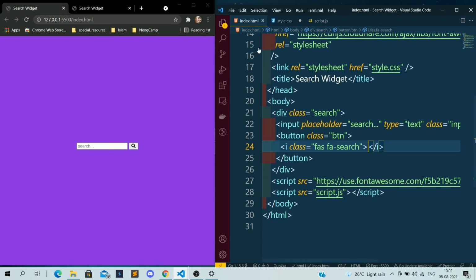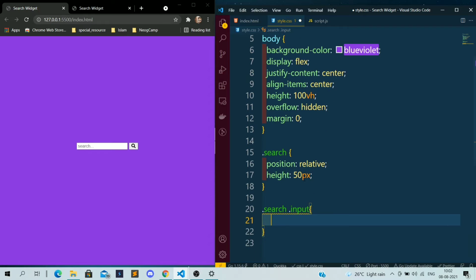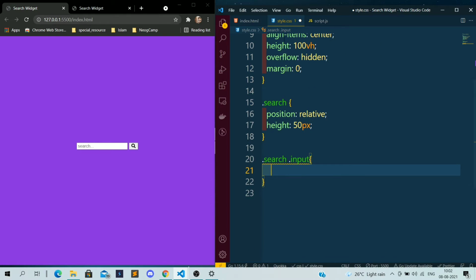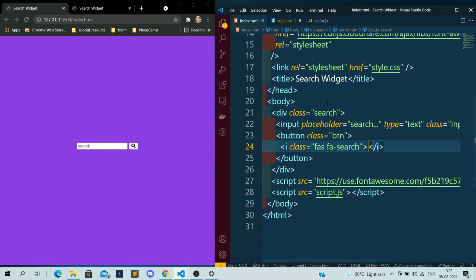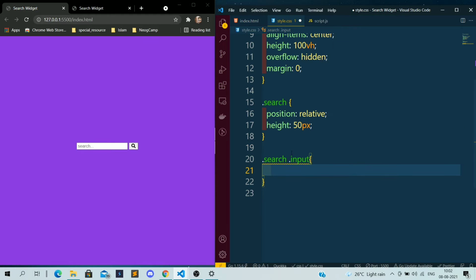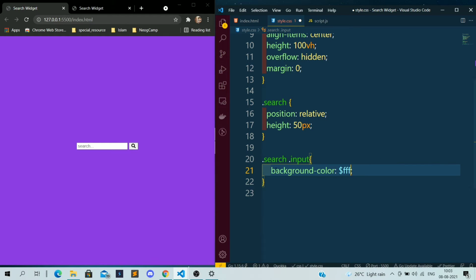Now inside the search we have this input field and we have the button. So now I want to apply the CSS for the input field: .search .input. We have the element name input, and I've given the class name also input. What I want for this input is a background color of white.